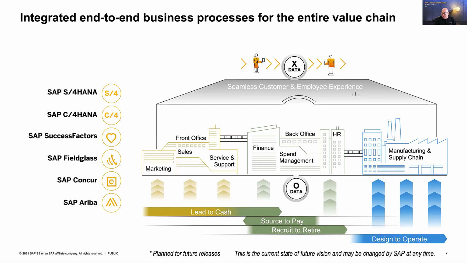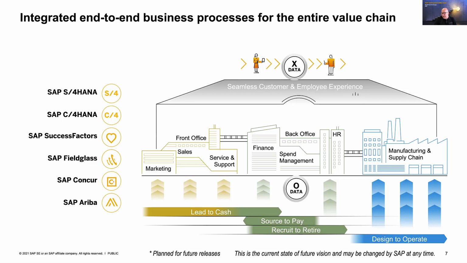If you discuss processes, you will find out that there are certain processes that are restricted to certain lines of business, so that are modular processes that only run in one particular product or even in one particular line of business. But there are also processes that really span across multiple products and multiple lines of business, and that are naturally the more complex processes, but also quite often the most important processes in terms of value chain. So a lead to cash process, a source to pay process, that's not a process that's restricted to one product or one line of business, that really goes across multiple areas.